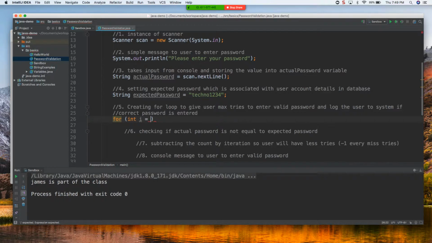So in this case, you might not want to use for-each, just because it's not really an array. It's kind of just a single value. You want to do a max tries. So you want to give them control of how many tries they want to do. So with for-each, we can't do that. So you have to go back to using the traditional